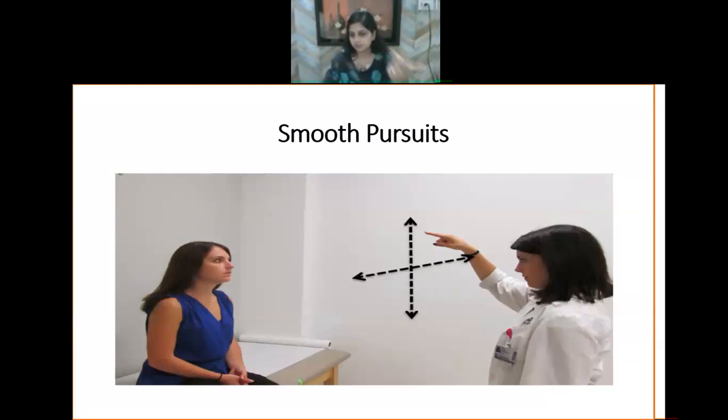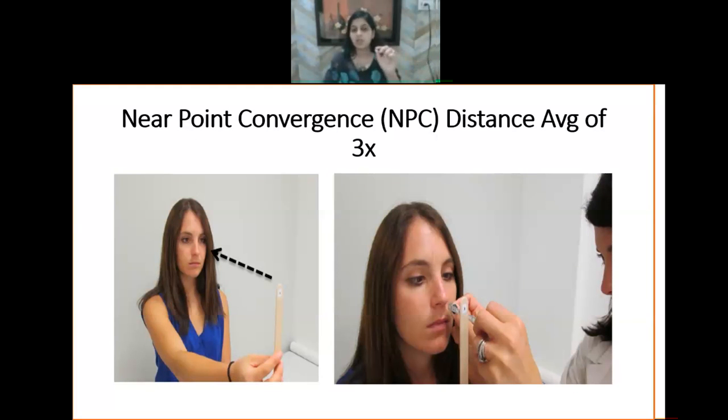Smooth pursuit is also central. We can test convergence. Convergence is also very related to the central. And in concussion, I definitely use convergence to check for any vestibular involvement. If you have any concussion patient, I definitely recommend doing the convergence test. So different conditions need you to know the history and pathology, and which test to do precisely, and then you can get the diagnosis.